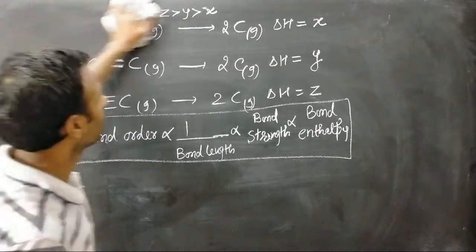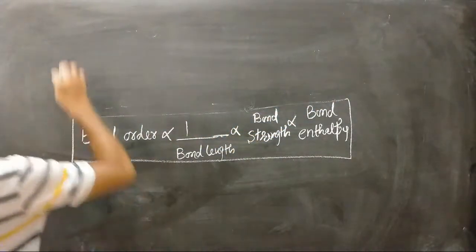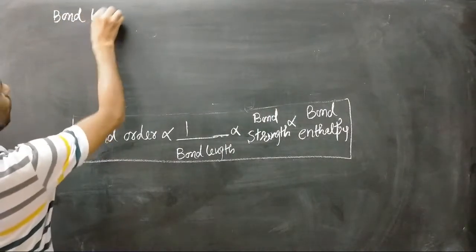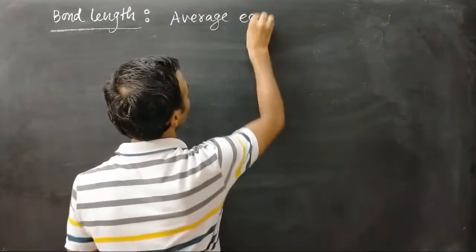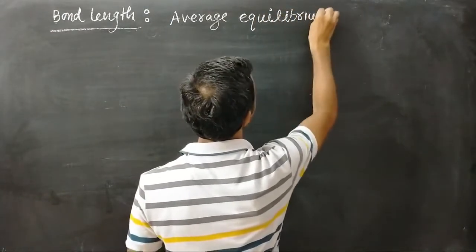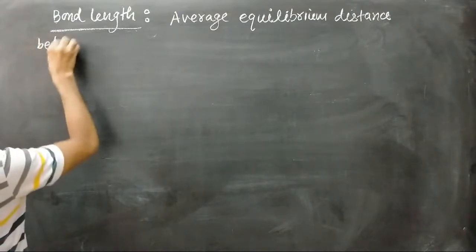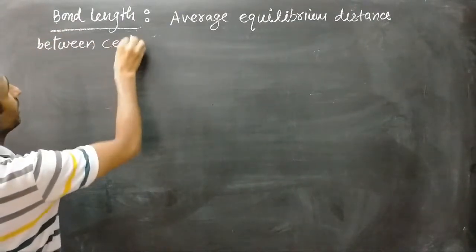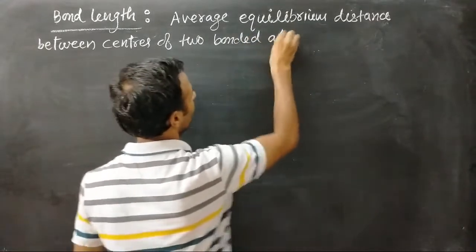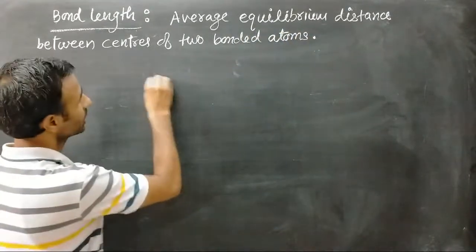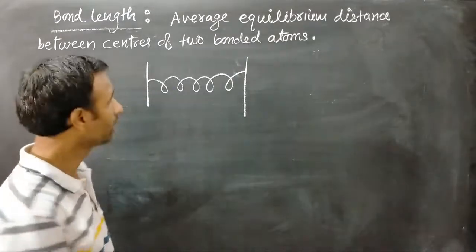Right? Now let us discuss the factors affecting bond enthalpy, or let us discuss bond length. It is the average equilibrium distance between the centers of two bonded atoms. This bond is considered as a spring. This is the average distance, right? Average equilibrium distance. Now if we compress it,